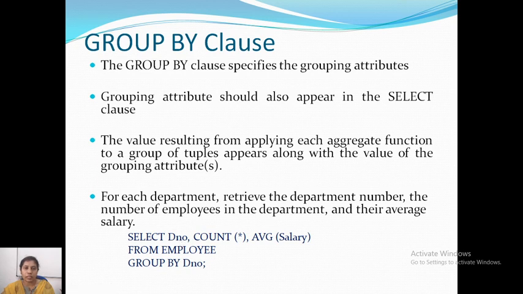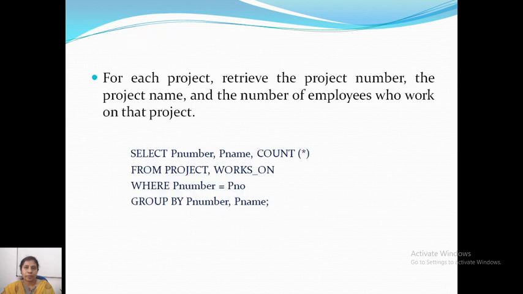So that means we need to group according to the department number attribute. That attribute you have to specify in the group by clause. You can see here in the group by we use department number. So in each department, how many employees are there and what is their average salary.